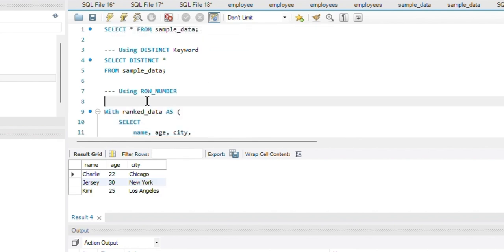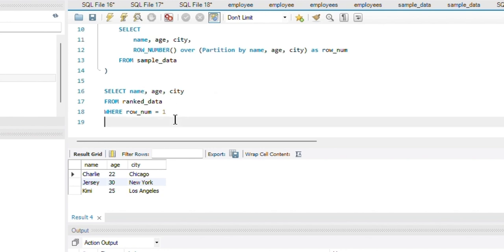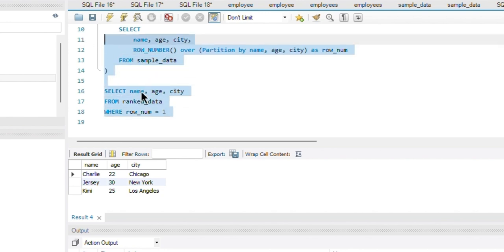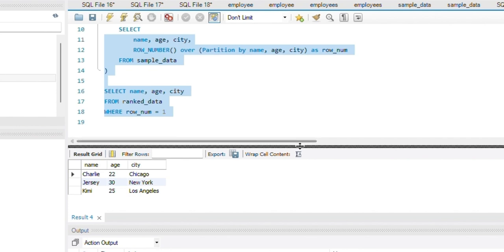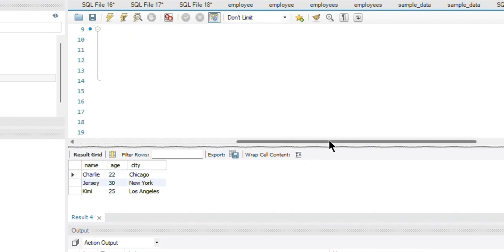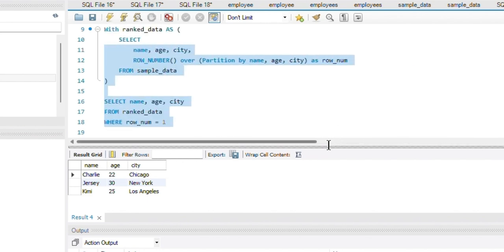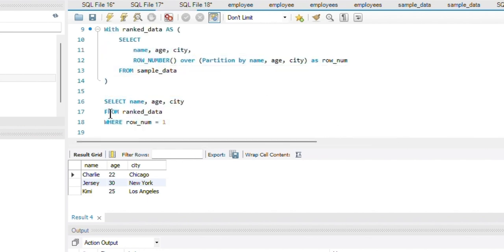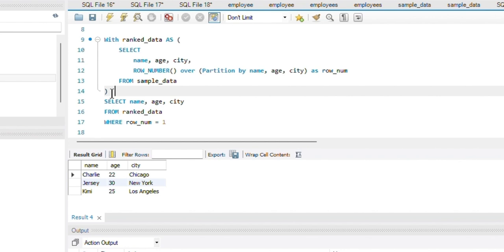So you can see that this has given us the desired output of eliminating all the duplicates. Just a second, I'll simply shift it downwards. Sorry guys, I don't know what's happening here. Okay, so now this query is visible.